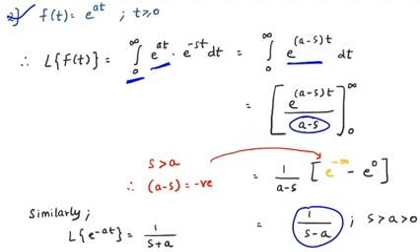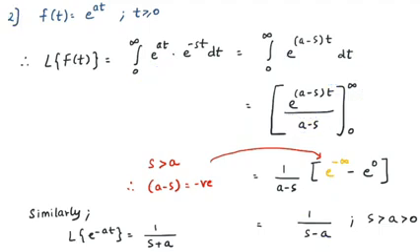But there is one problem. If you substitute infinity straight away here, you might be thinking I am getting the answer e raised to infinity, which is nothing but infinity, right? But this is wrong. Why? I will tell you the reason. The question was, if I substitute this infinity here, I will get e raised to a minus s into infinity, which will lead to the infinite answer, right?